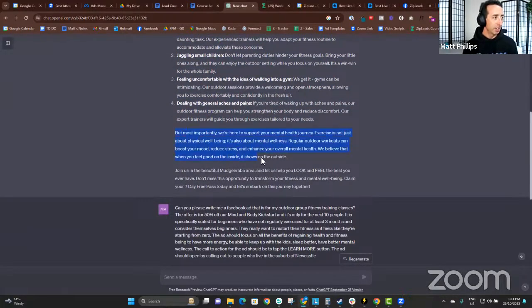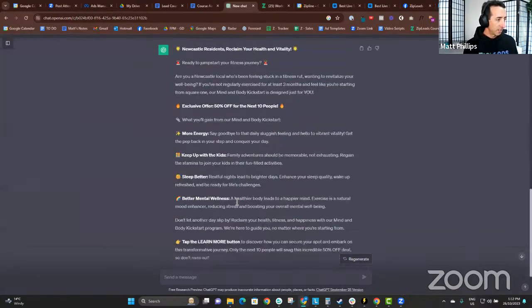And then it had this great finishing tone here about tying this in with mental health, because that's what we wanted. But we can't quite figure out how to language the mental health benefits that we're getting from outdoor group session training. And so it gave us this nice couple of paragraphs. And in this case, we changed a couple of things. One of the great things you can do with ChatGPT, and I'll put a test in just here, is